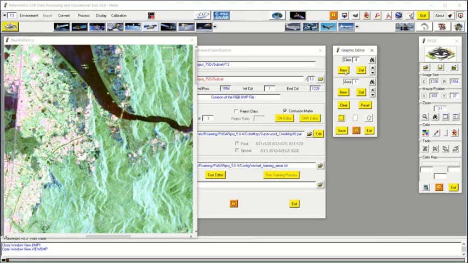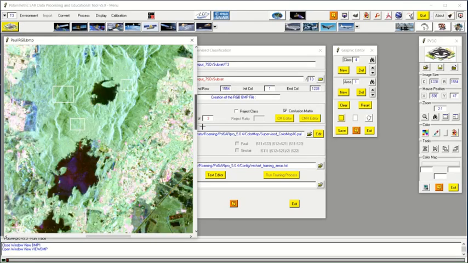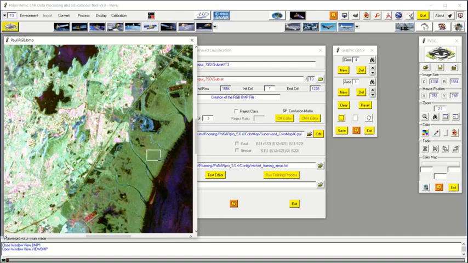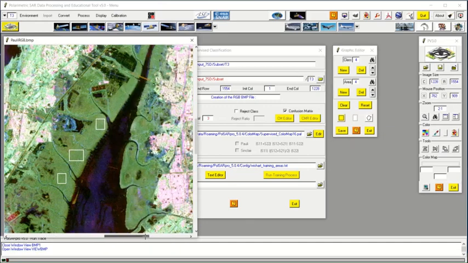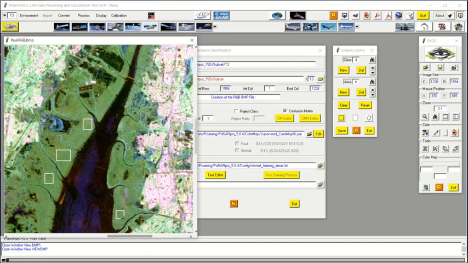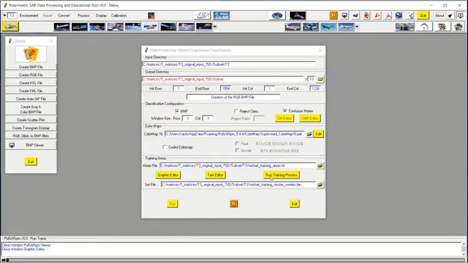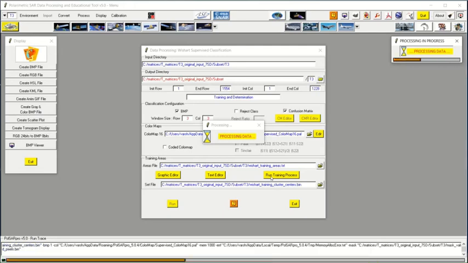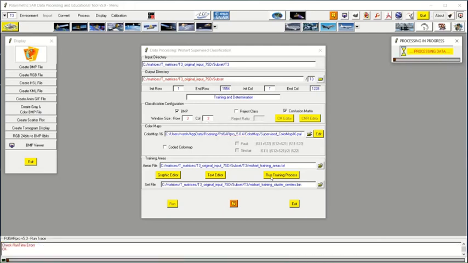Then class 4 is mangroves. Okay, so save, then run training process. And run.